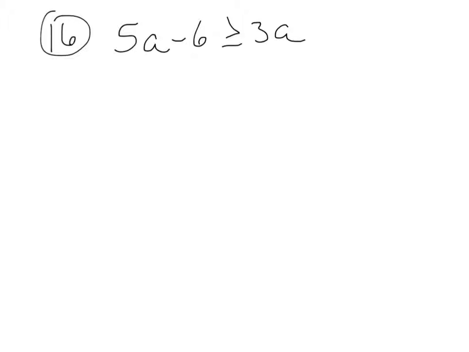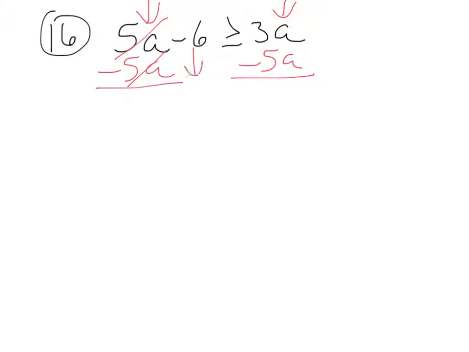On this particular problem, I noticed that there's an A right here and an A right here. So what I want to do is move this A to the other side. So that A is canceled out. I'm going to bring down my negative 6. And 3A minus 5A is a negative